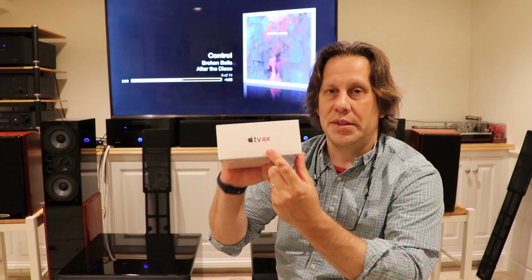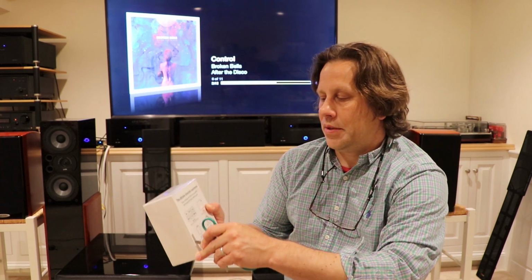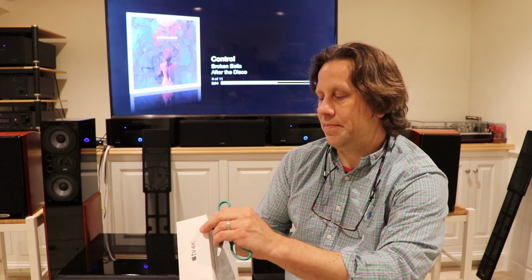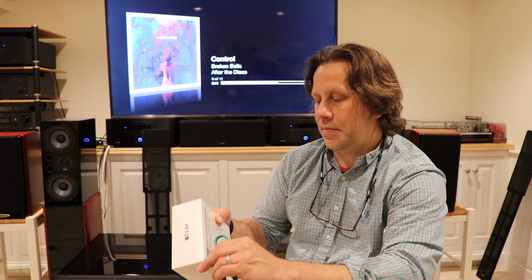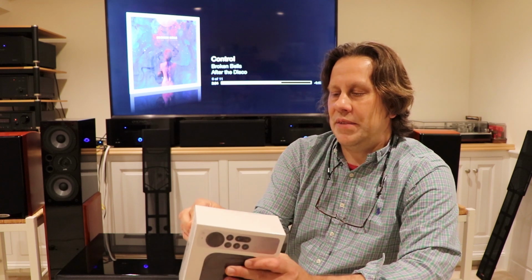You can tell that it's the new one, it has the colorful 4K on it. And we're just going to proceed to open this with some kid scissors. And the Apple TV 4K